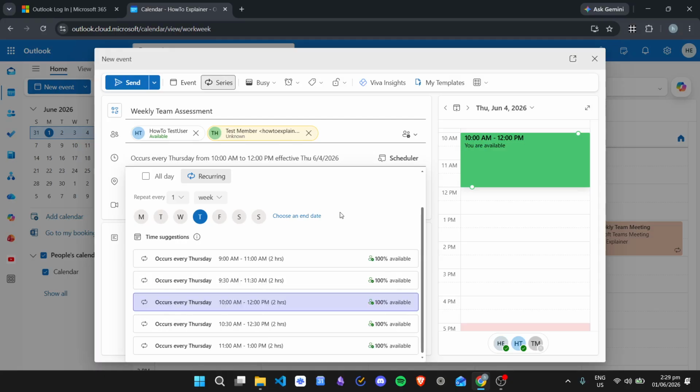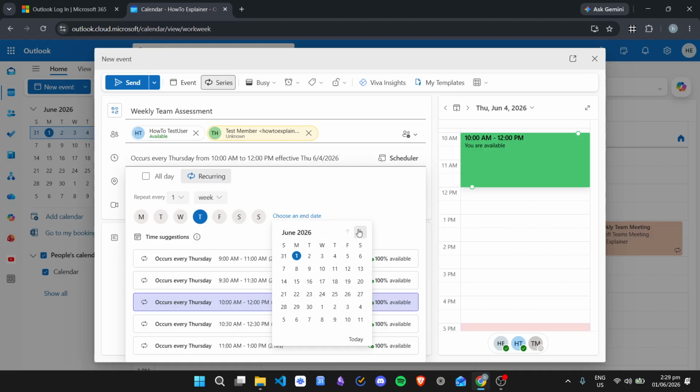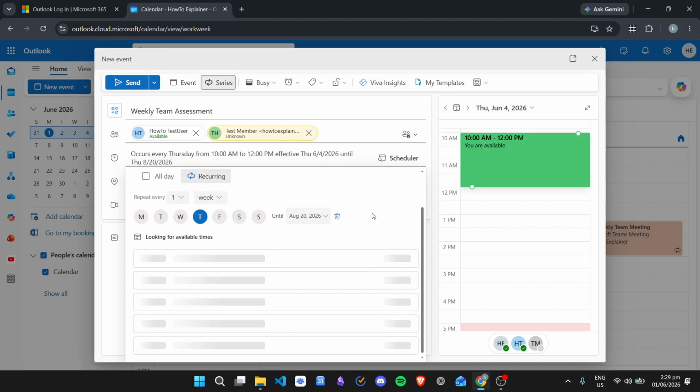Once you do that, this event will repeat indefinitely. It will just repeat in your calendar until you decide to delete all of the future events if you don't need it anymore. So just choose if you want an end date or not. But I will choose the end date of August 20. Then